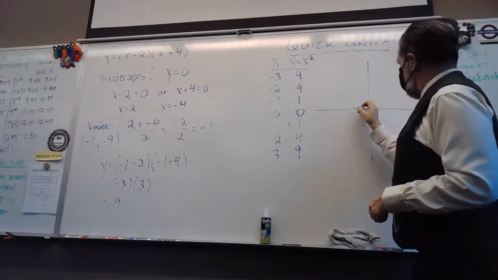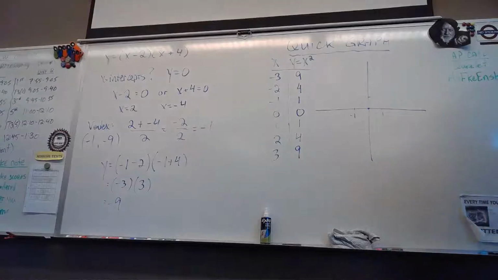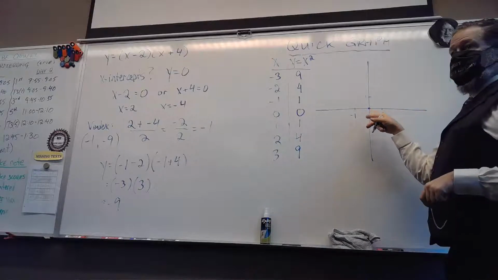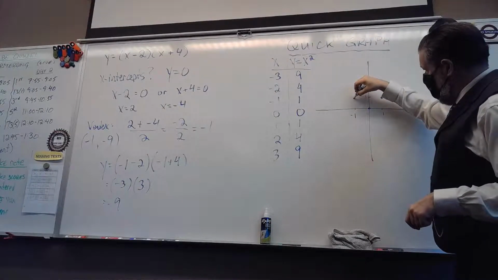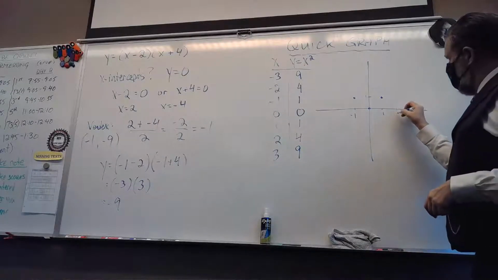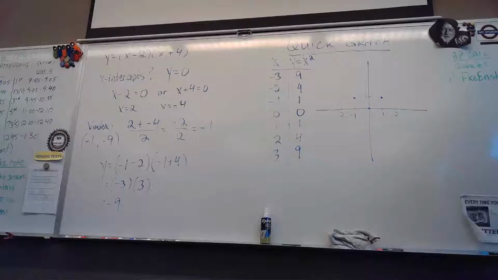And here's what I notice. 1 squared is 1, but so is -1 squared. So my next set of points is going to be here and here. I don't have to look at my calculator, because I know that starting at the vertex, 1 squared is 1, so I just go out and up. My next set of points, 2 and -2. Well, I know those are both 4. So I know that if I go out 2, I can just go up 4,